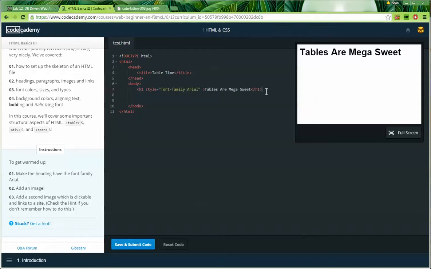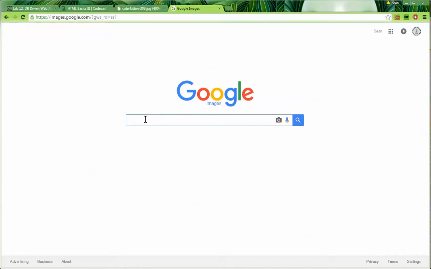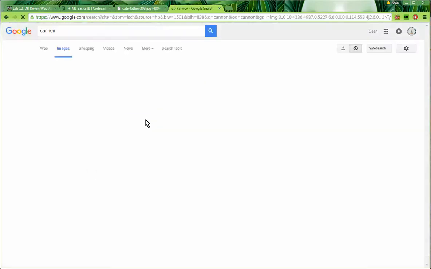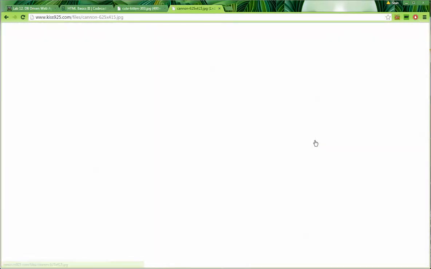2. Add an image. Okay, so I'm going to go down here, put an image tag. So that's my image tag. And then I'm going to put an src equals, and then within quotation marks, that's where I'm going to put an image. Define an image, open up a new tab, go to images.google.com, and how about a cannon, image of a cannon. Okay, there's a nice cannon,